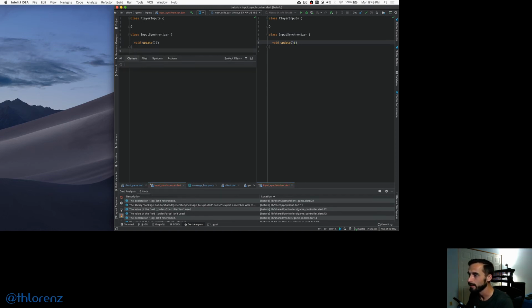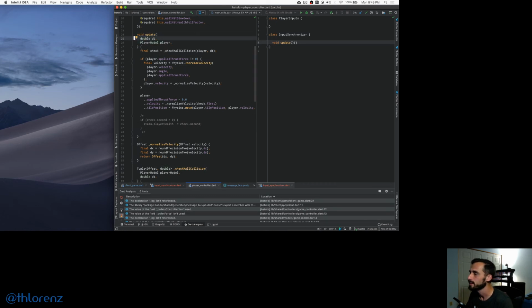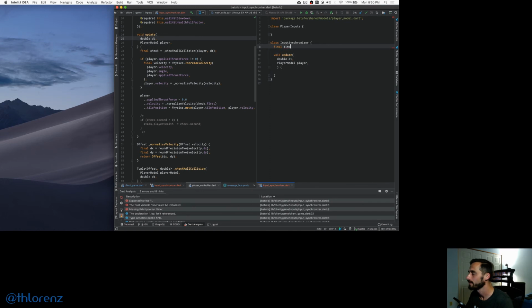Let's say if you do the player controller, right? There's an update method on here, and it gets a player model. So this is kind of what we want to do, and maybe later we actually need to take some more information, but for now the player model is sufficient. And then basically what we'll do from there, we'll pull out. So first of all, we're looking if the time to next sync, we started with 0,